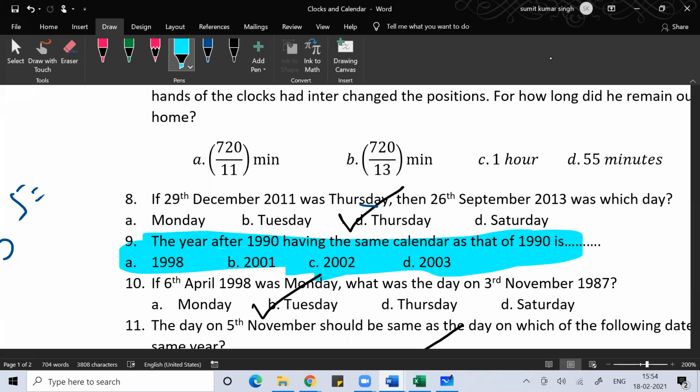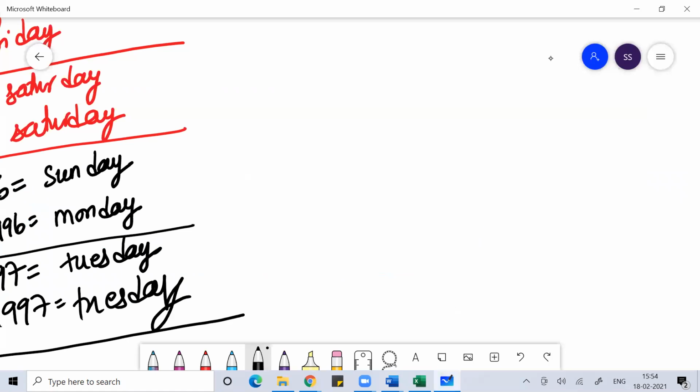So, did you get the answer for this problem? The year after 1990 which has the same calendar as that of 1990. This is one of the questions which is a very favorite question of many examiners. The year after 1990, you can take, suppose, any date before